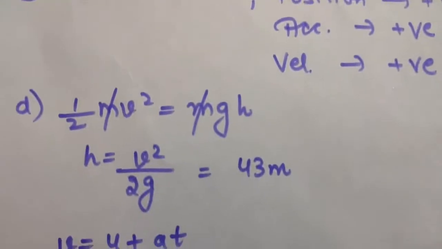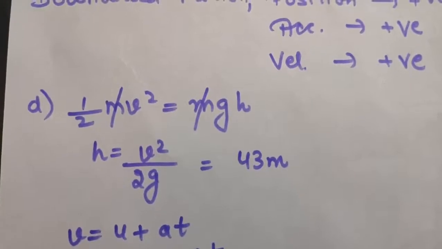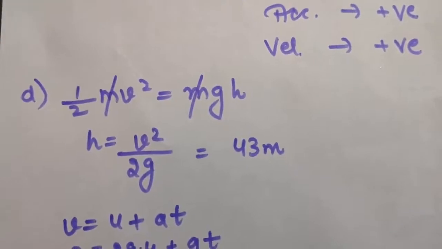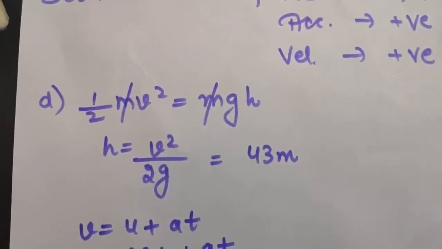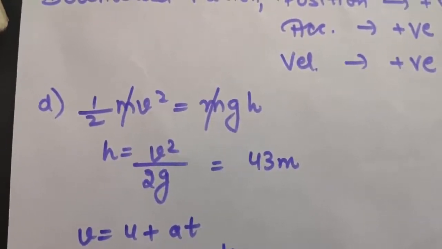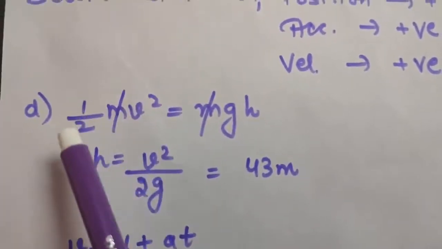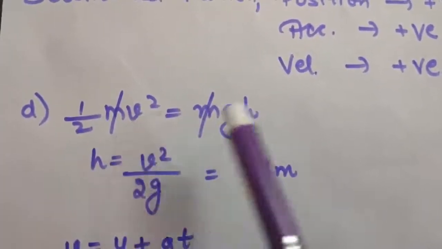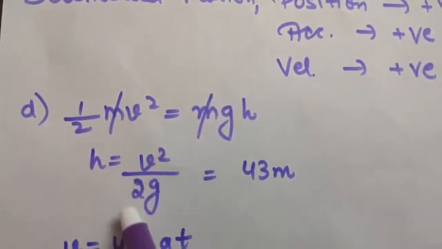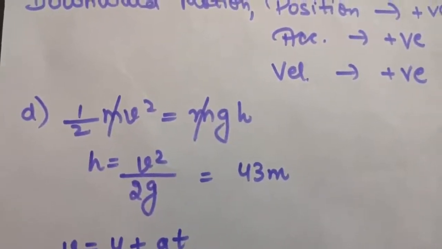The D part of the question says to what height does the ball rise and after how long does the ball return to the player's hands. As you know, at the lowest point any body has kinetic energy, and when it reaches the highest point it has potential energy due to the height. So due to the law of conservation of energy, the energy at the lowest point will be equal to the energy at the highest point. So m will cancel out, and h will come to be v square upon 2g. Now you know velocity, you know g as well, it is given in the question. So height will come to be 43 meters.